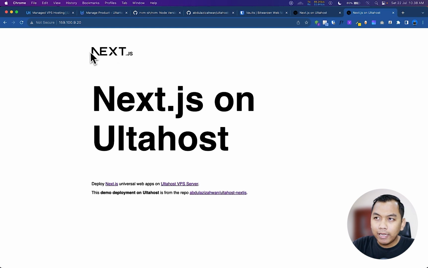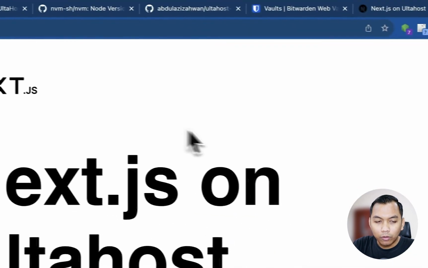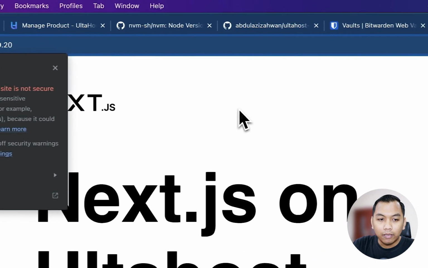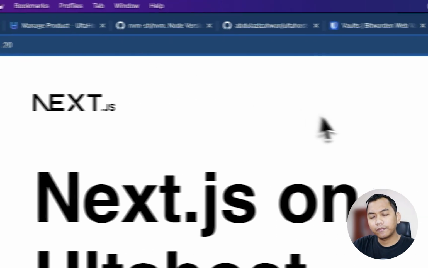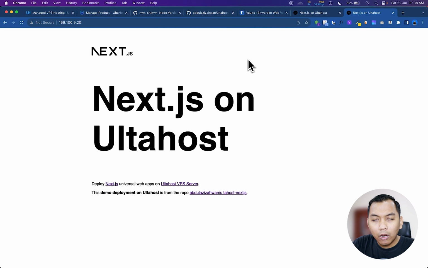So next, you can apply an SSL certificate to this IP, or to this domain, so it will be safer than using HTTP, not HTTPS. Alright, so yeah, that's all. That's how we deploy Node.js, specifically a Next.js application, on our server.